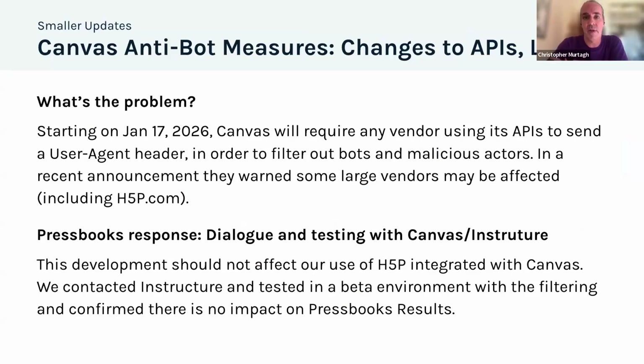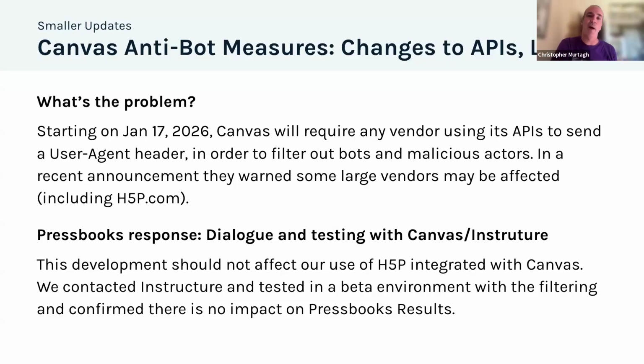So some of our clients have gotten an email from Instructure mentioning that Canvas is going to be changing the way that they filter some of the inbound requests to their APIs that require a user agent header. And then they listed off a number of vendors that would be affected by this, that have to make changes to the way that they interact with Canvas. So some people came to us a little bit in a panic, asking if this would impact them. We have contacted Instructure,